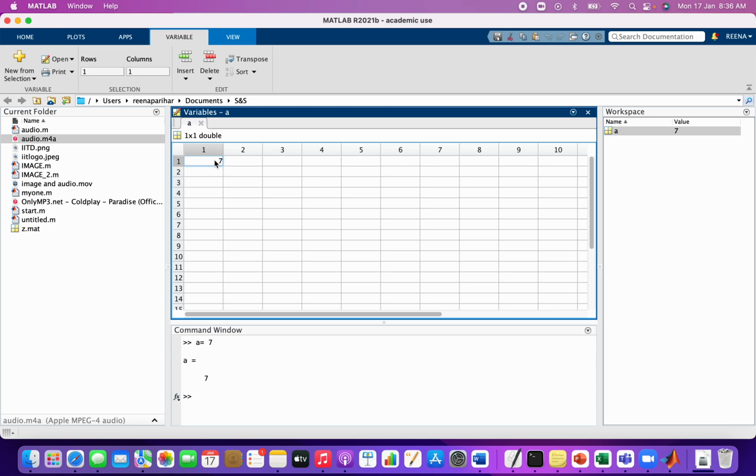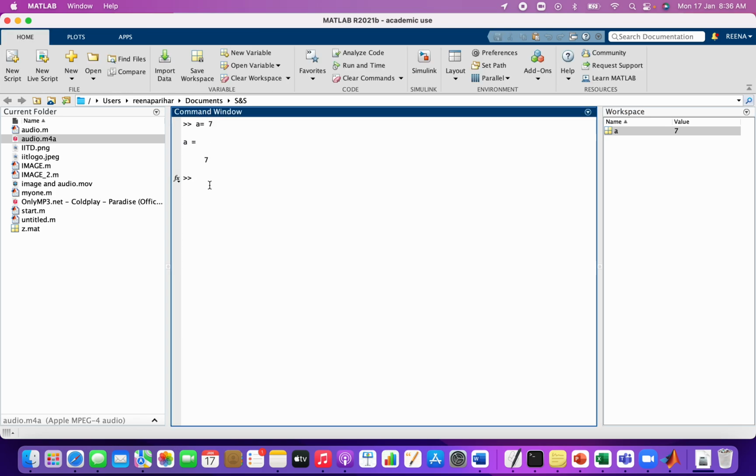So this deals with the variable. Everything here is in matrix format only. If you're going to work with images and videos in the future, that will also be treated as a matrix only. I'll cover that in this lecture. Again, this is the value which I stored in variable A. If I want to store something different in variable B, it will store.